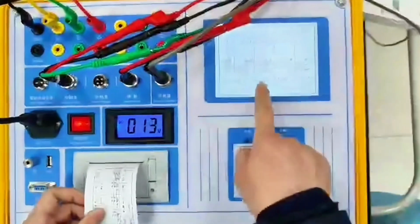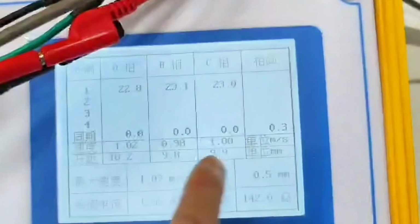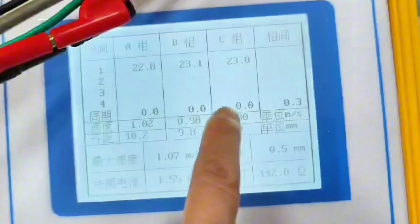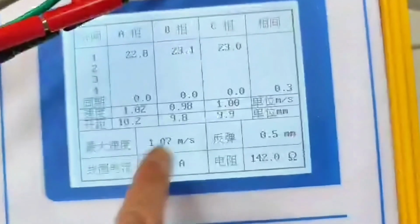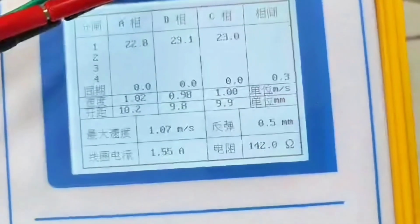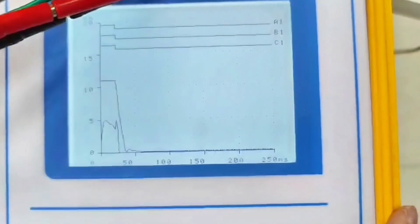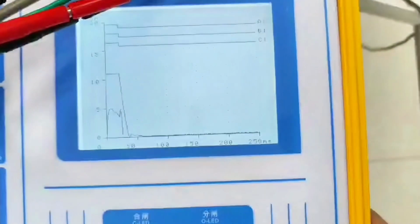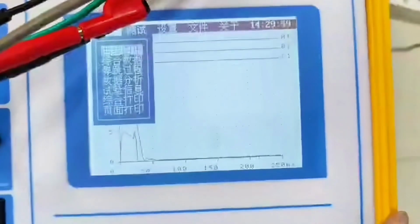Then our opening speed measurement data came out. The open distances are 10.2, 9.8, 9.9 for A, B, C, all three phases. There are three open distances, maximum speed, rebound. The coil current and coil resistance are available. We can see the graphics by pressing the button. You can also print this or press save. If the speed does not meet our requirements,